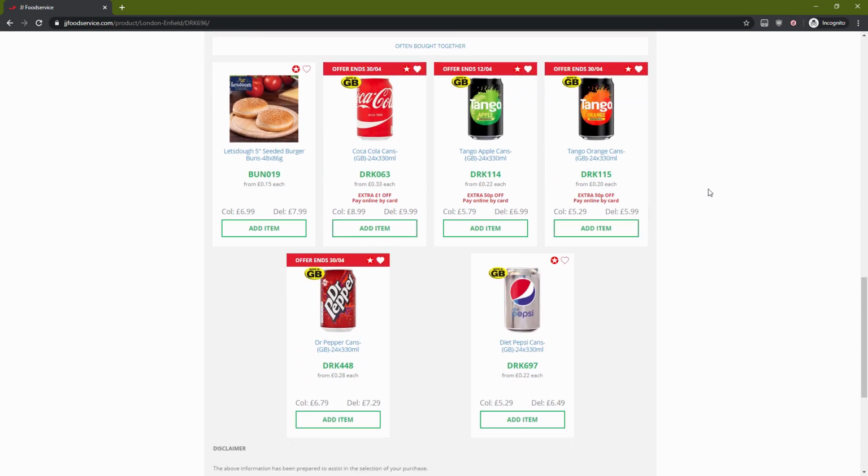And under that, we can see the so-called frequently bought together items. So if somebody is buying a can of Coke, it's very likely that they are going to buy Diet Pepsi or a Coca-Cola product or a Dr Pepper product with it. This is all coming from machine learning algorithms in the background, and it is getting fed by our sales order transactions history, customer profiles, what kind of restaurants they are, and it is intelligently making these